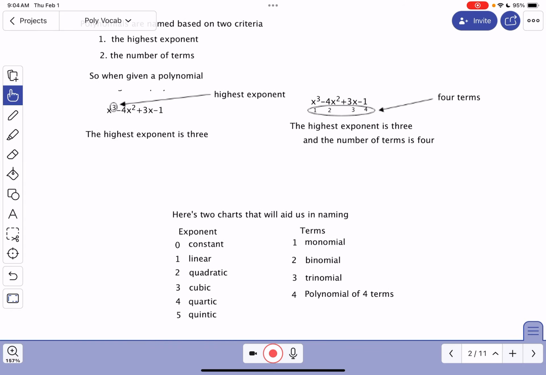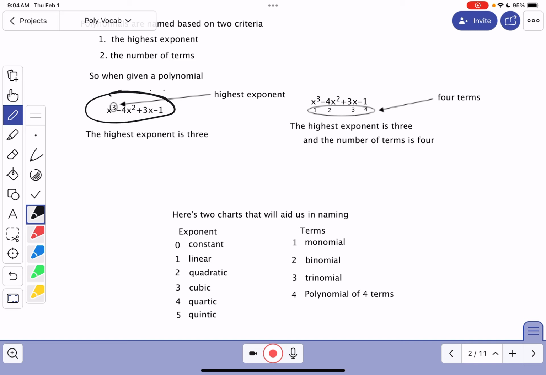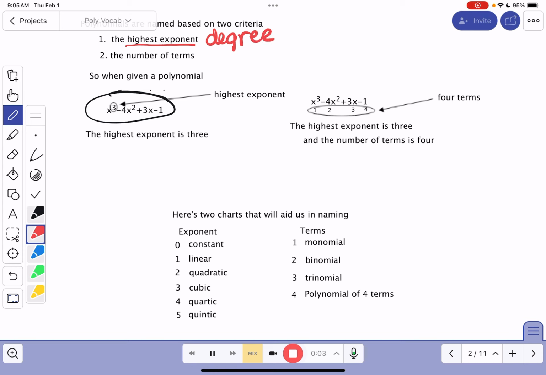So polynomials are like an expression with all kinds of letters and numbers, which you learned with your vocab. And we can name them in two ways. We can name them by the highest exponent, which we call a degree, or we can name them by the number of terms. So if we go by the exponent, if the highest exponent's a 0, meaning it's just like